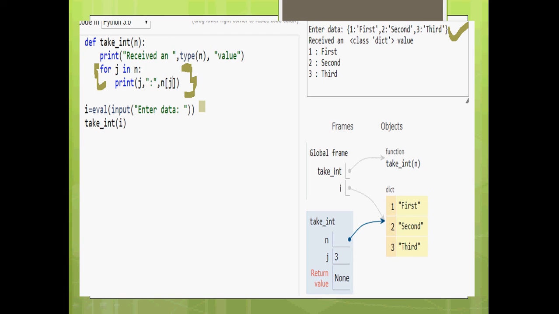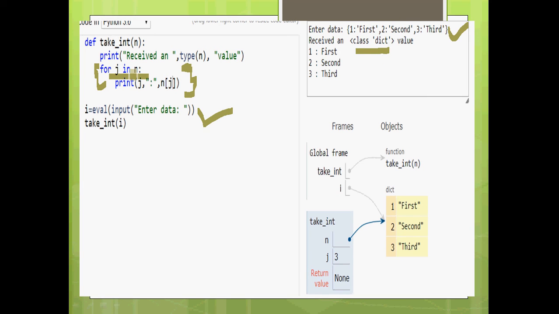But if you enter an integer in this eval statement or in this input statement, this may not work, because there is nothing to iterate on. Integer is a single value, but if it is a list, tuple or dictionary, there will be something to iterate on. So first I print the value received, which is a dictionary.